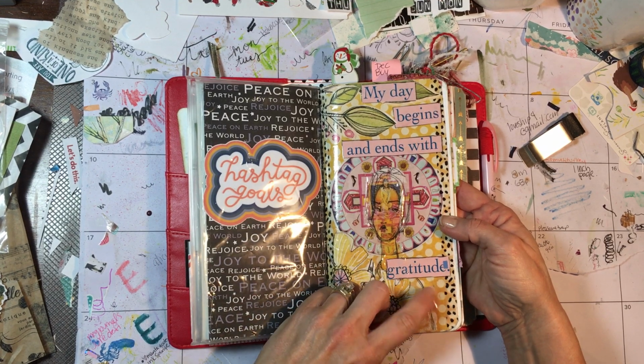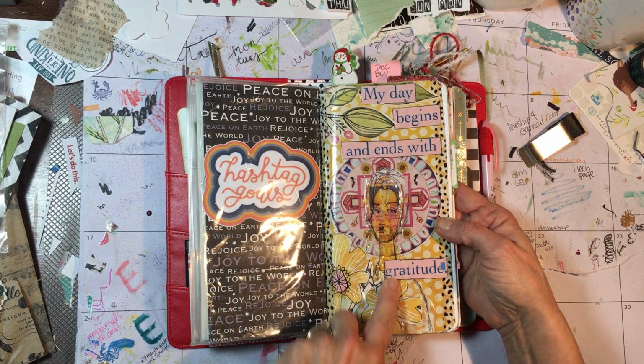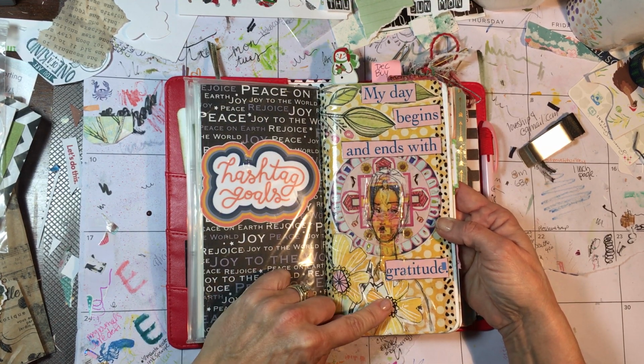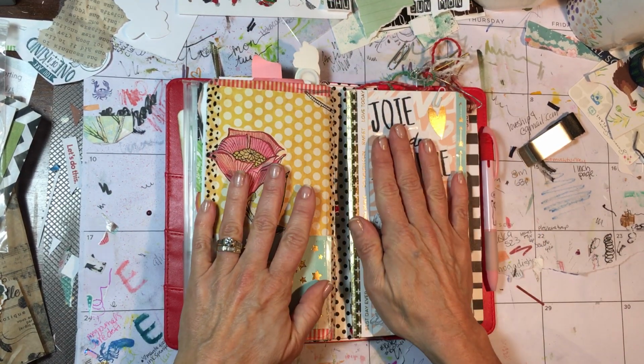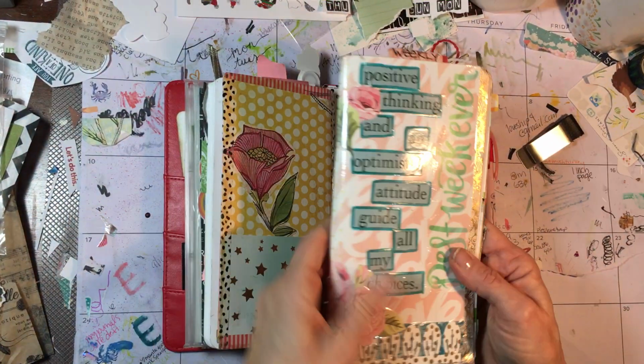I decorated it with scrapbook paper and then put packaging over it, and it's pretty bumpy, you can tell. But I just love that. So it says my day begins and ends with gratitude, and so that's like the first thing. Okay. Now the second thing, the workhorse of my book, is this weekly